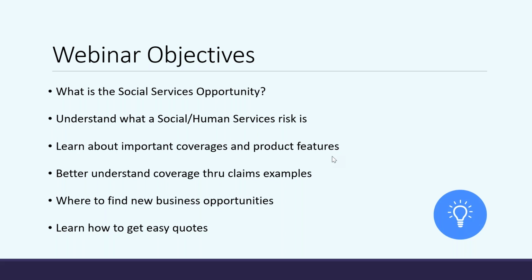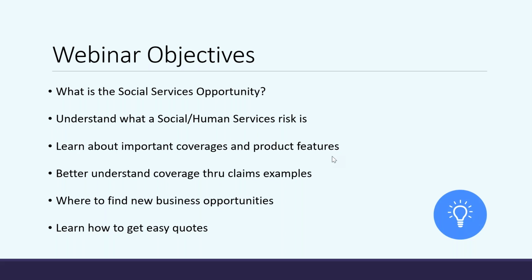There are some products that are pretty cut and dry. For example, we also do churches or houses of worship. We do HOAs and condo associations. The social and human services product and class, there's such a wide variety of different risks that can fall under this umbrella. So as you start marketing for this, if you see a lot of it, as you know, there's just going to be a wide array of coverage options, features, and types of organizations. So it's hard to really pinpoint exactly what it may look like, but we're going to try to help explain a little bit about how we classify and how CID can help you get those different types of risks covered.